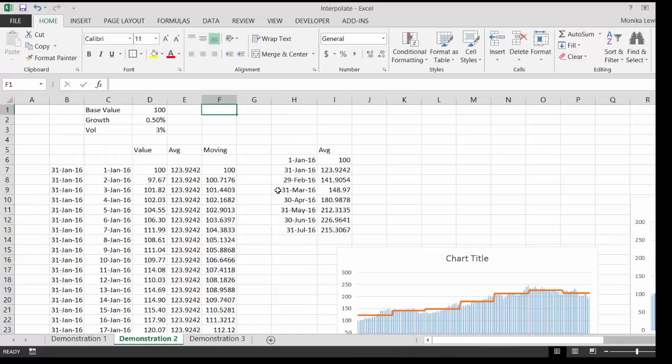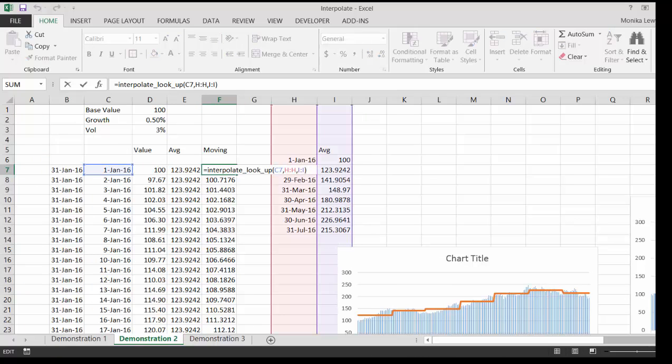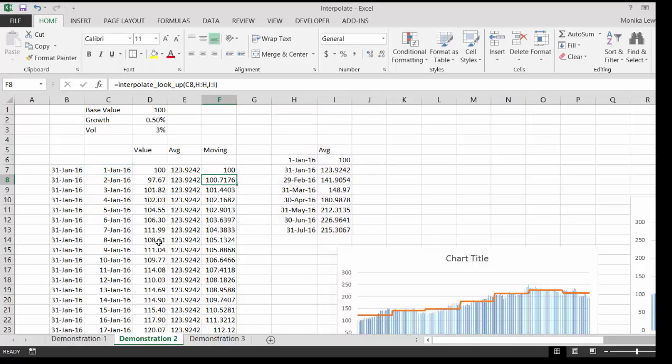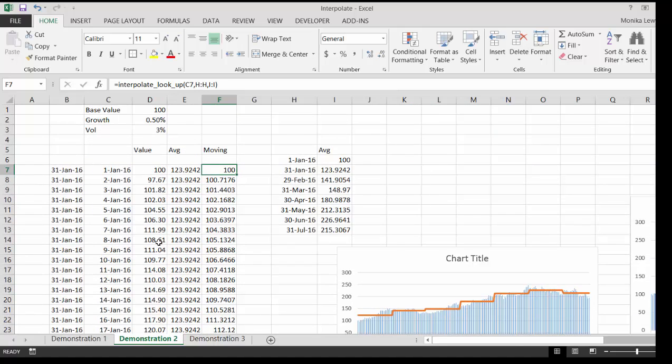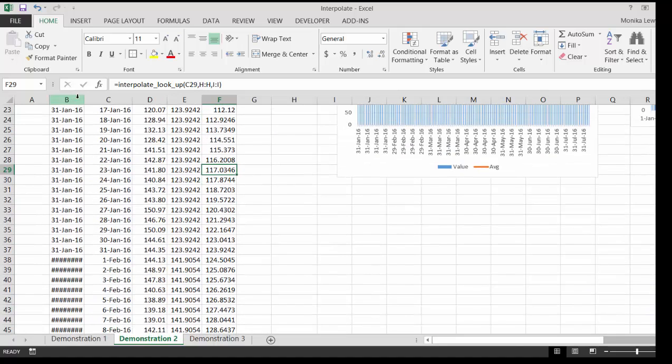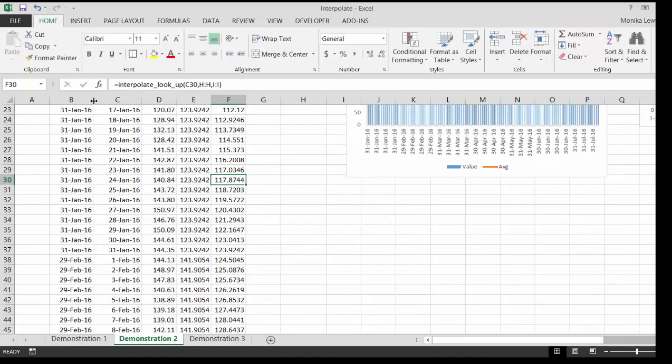Okay, I had two things wrong. First of all, when I did the moving average this time, I shouldn't have used the end date. This time I should have used this date. And I needed to put a starting value because we needed it for the starting value. When I didn't put the starting value in, it still worked, which worries me a little bit. So if you go up here, it gradually goes up. So you get to the end of January, and it just gets to the last value,